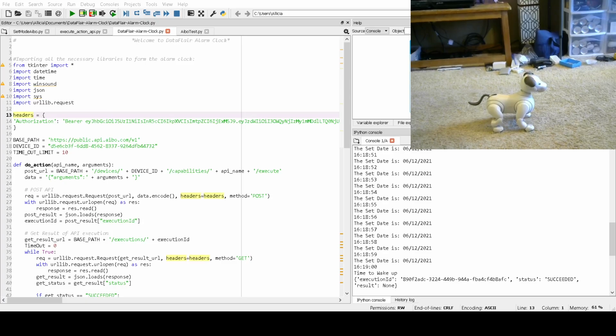So you can really set this to any time. You can have Aibo out of developer mode running around, and then as soon as the time goes off in the background, he will play that action. So if you want your Aibo to alert you of a certain time or something that you need to get done, you can use this program. The only downside is you always have to have it running in the background, and it will not be stored